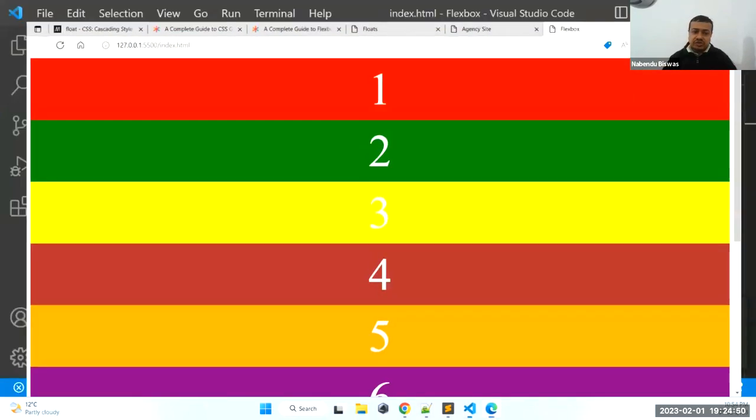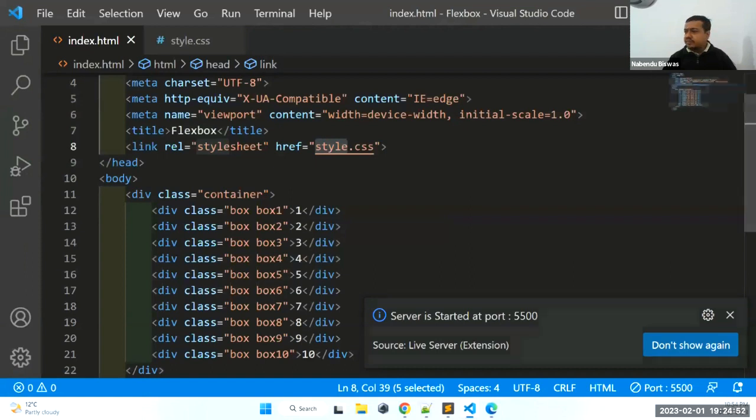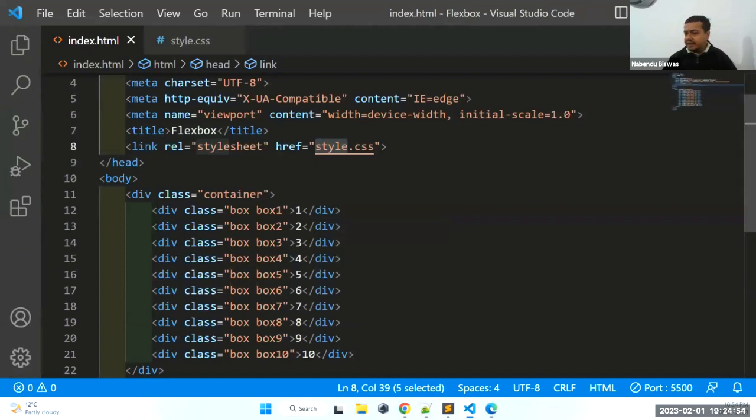So what is this Flexbox? Flexbox is a property which is applied on the parent, like all these boxes. I want to apply Flexbox on this. So this parent, which is the container, I will apply the Flexbox on it. Floats are generally applied on the sibling elements, and Flexbox is applied on the parents. So how will I do it? I'll go here and